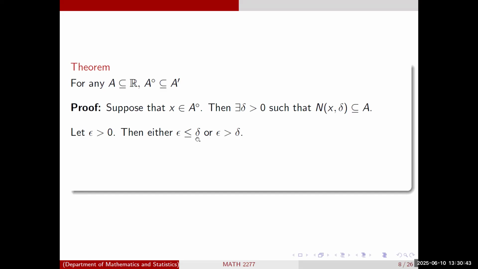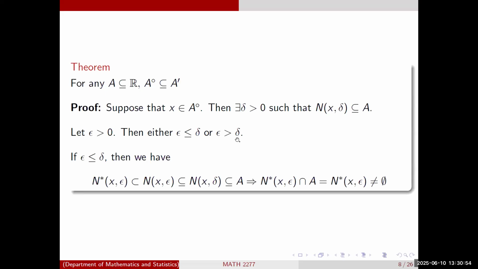If delta is 5, either epsilon is smaller than 5 or it's bigger than 5. So in both cases, let's see what happens. If the epsilon happens to be less than delta, then what I could do is,